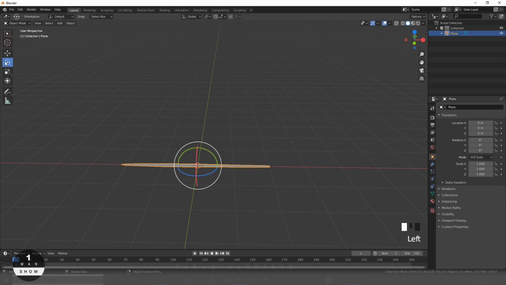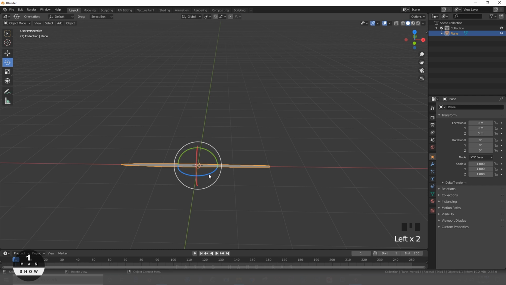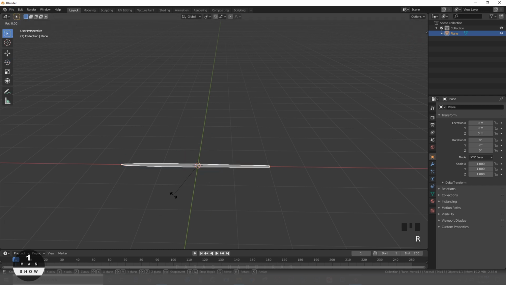Let's rotate this in 90 degree. Either you can rotate in this way, or you have to press R, Y and 90.